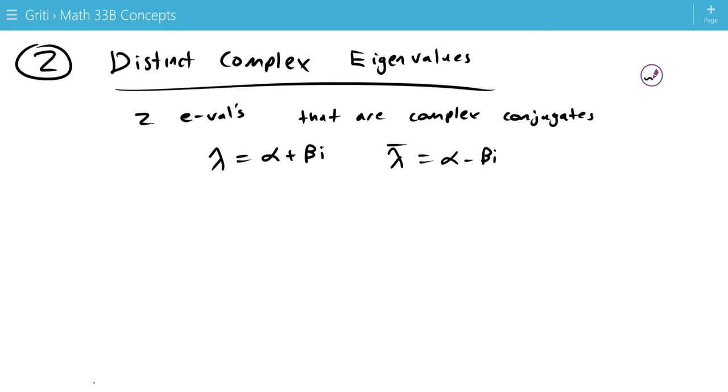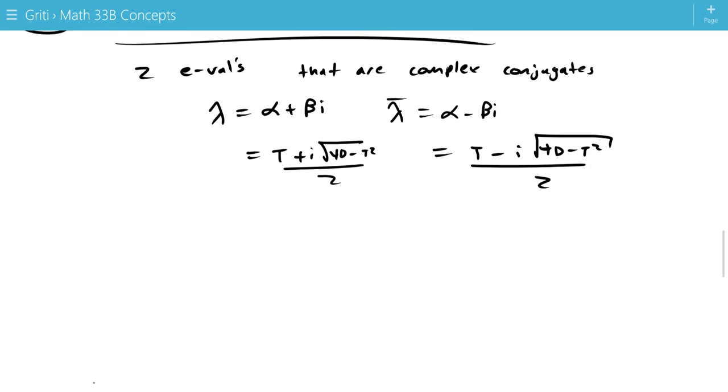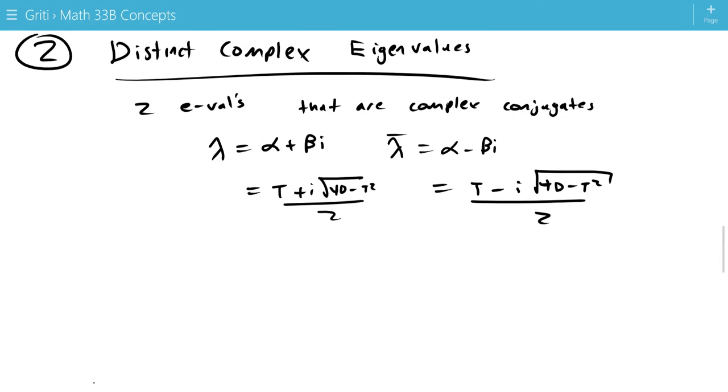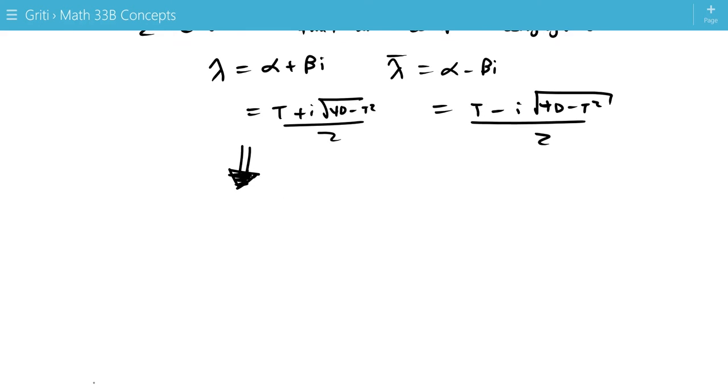These will have the form t plus i square root of 4d minus t squared over 2, and t minus i square root of 4d minus t squared over 2. So anyway, when we have these two complex conjugate eigenvalues, we actually only need to consider one of them, and we'll see why. Well, this will lead to a complex eigenvector